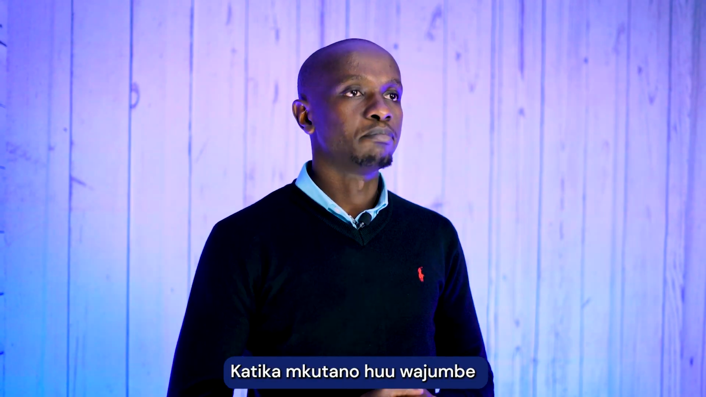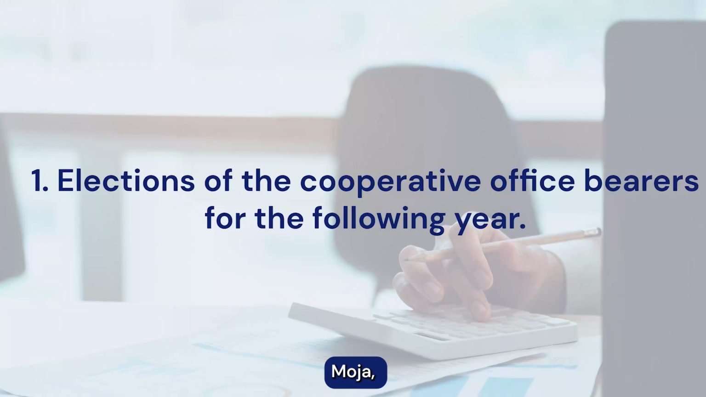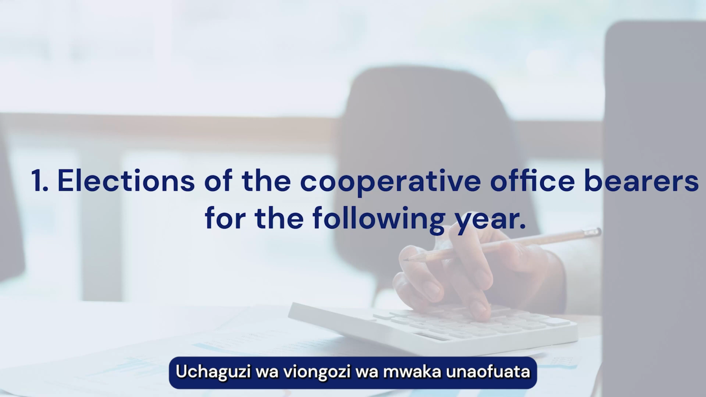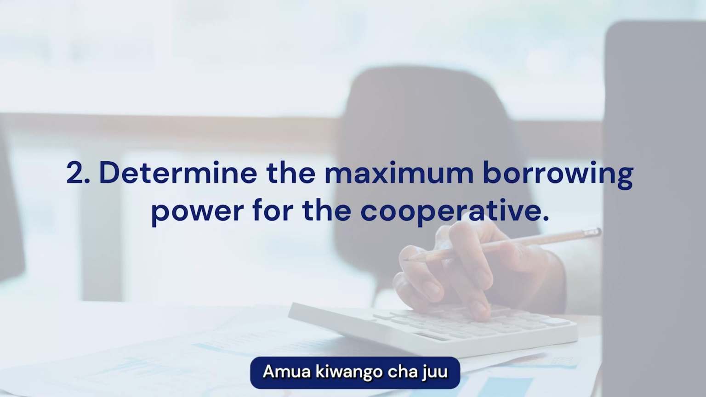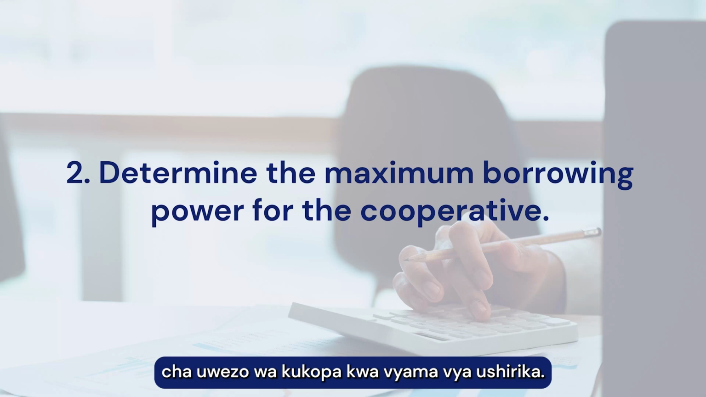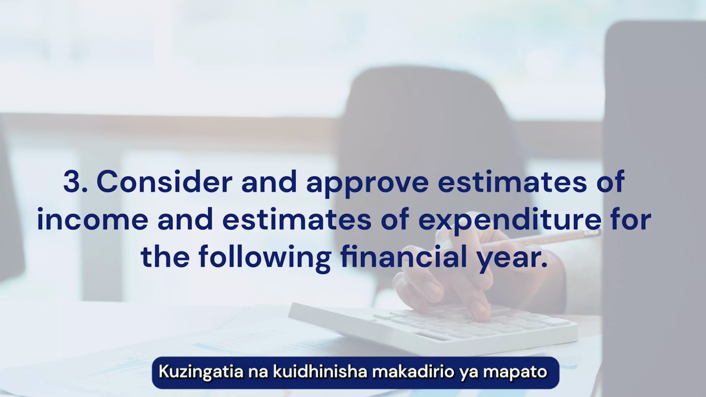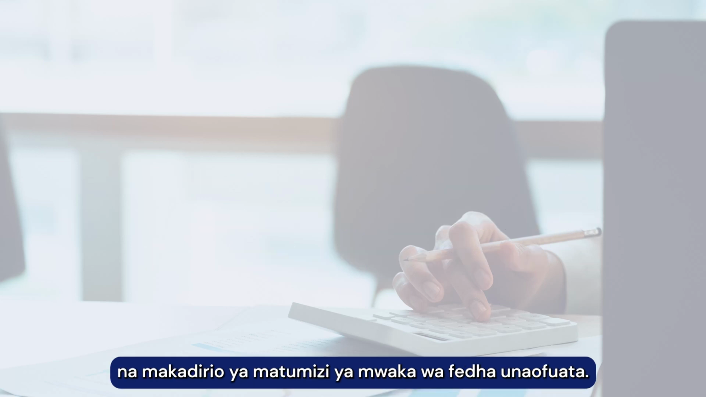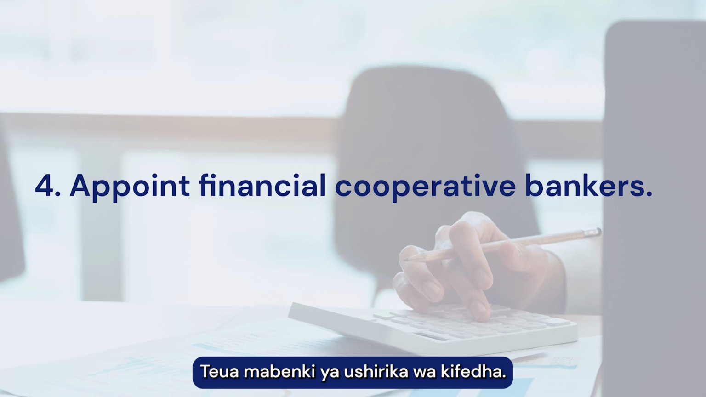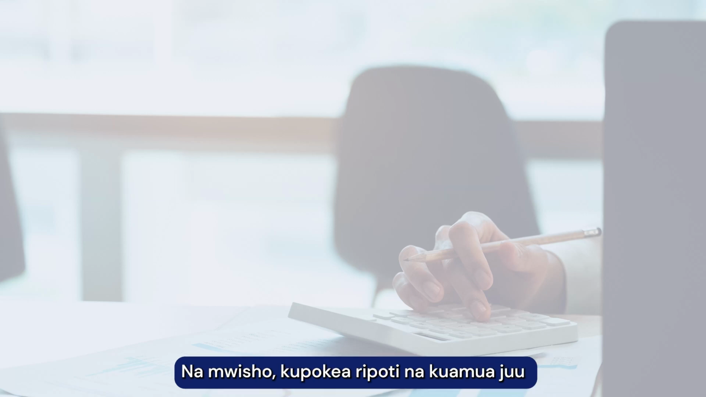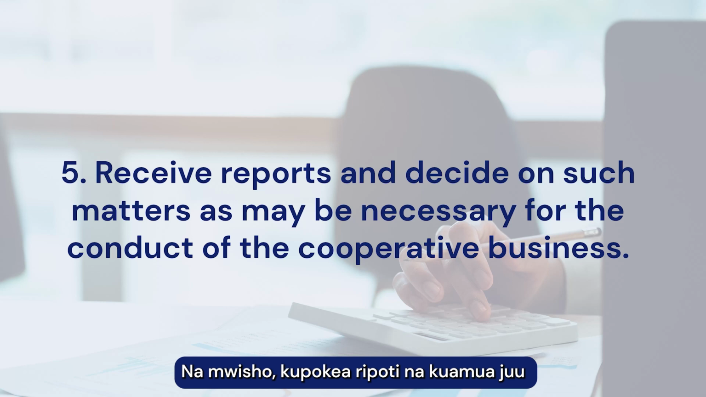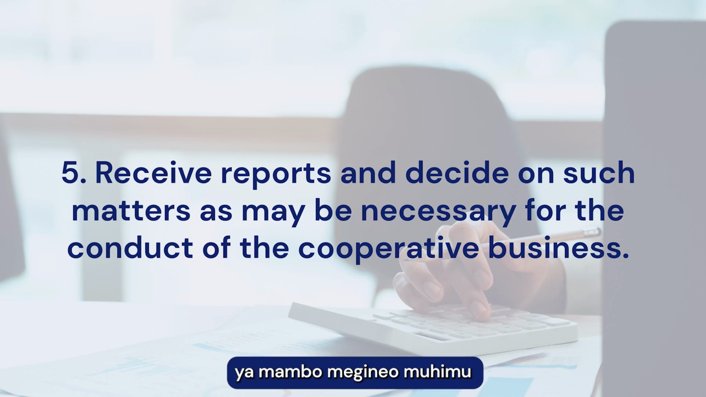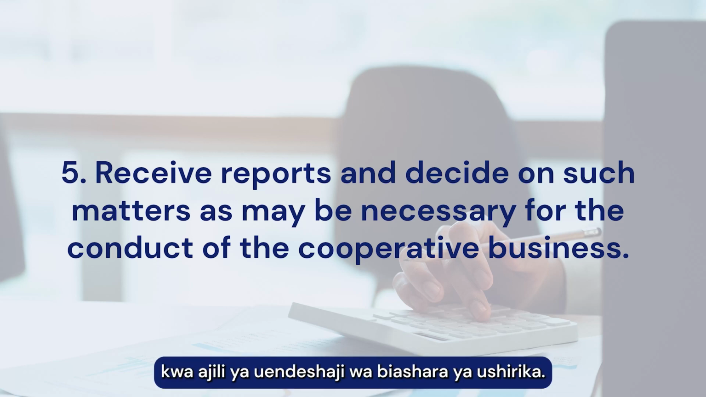In this meeting, members discuss the following. 1. Elections of the cooperative office bearers for the following year. 2. Determine the maximum borrowing power for the cooperative. 3. Consider and approve estimates of income and estimates of expenditure for the following financial year. 4. Appoint the cooperative's bankers. And lastly, receive reports and decide on such matters as may be necessary for the conduct